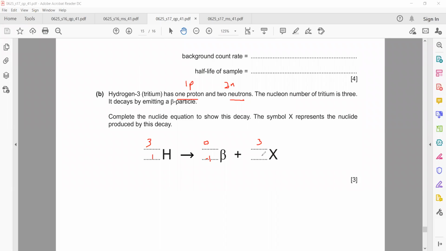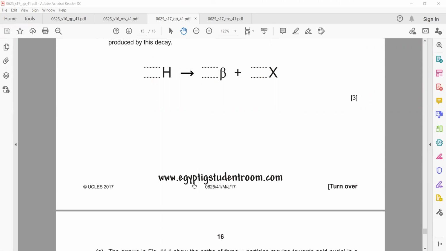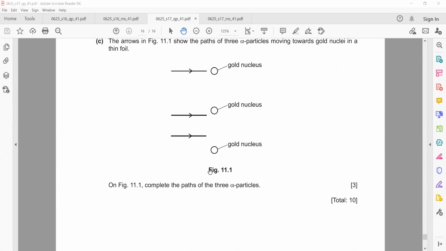And what about the subscript? So it will be 2, because 2 minus 1 will make 1. So this is how we complete the equation, and it's worth 3 marks. Is it clear? So in total about 7 marks, and this is the last part of the atomic physics